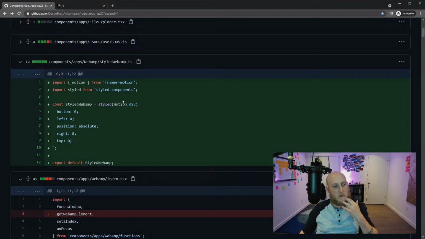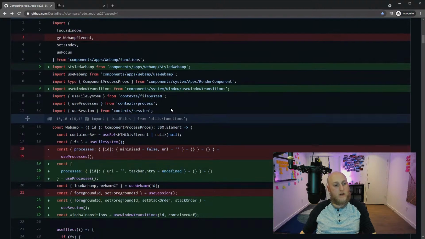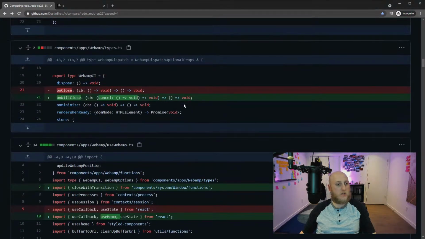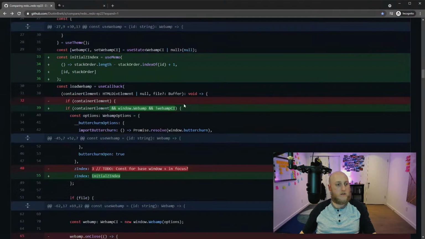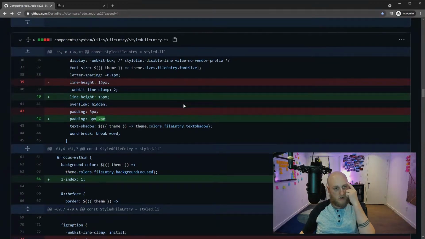So this is getting into the Webamp thing. I think I don't want to jump quite into that part yet. I have done some Webamp refactoring, but let's just jump past it for a second here, because there's actually a bit of a chunk of work there. So what have I done here? Oh, I did some styling, but I'm not even sure what I did here.